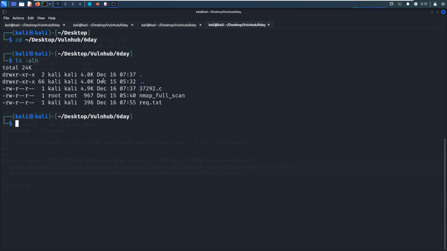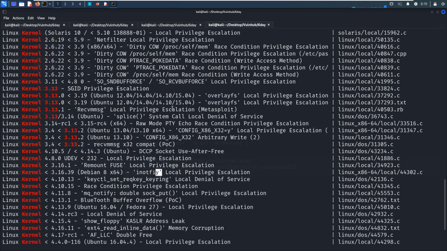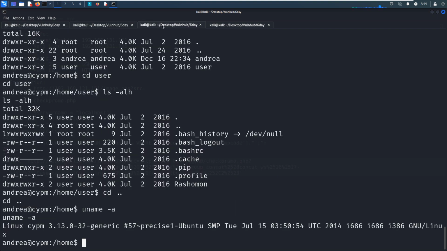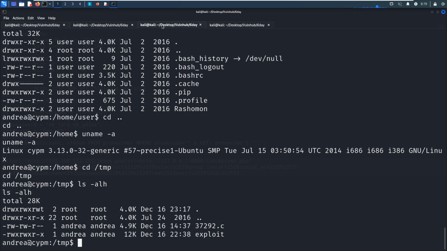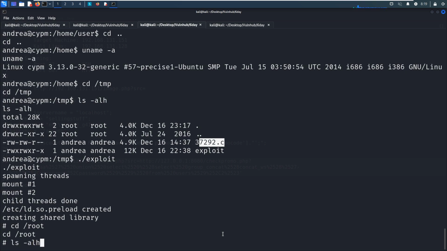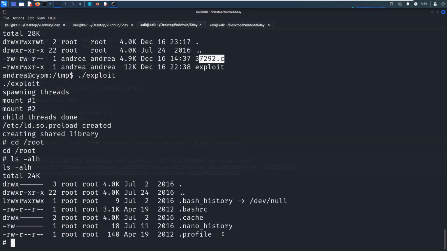And I've already got this one. You can use searchsploit to search, and then you can get this code. And next we need to upload this code to the target. I think I have already done that before, as you can see over here. And then we can use GCC to compile it. I've already done that before. So now we can just run this exploit to elevate privilege. Okay, we are successful. So that's all I'd like to do in this video. See you in the next one. Bye. Have a nice day.